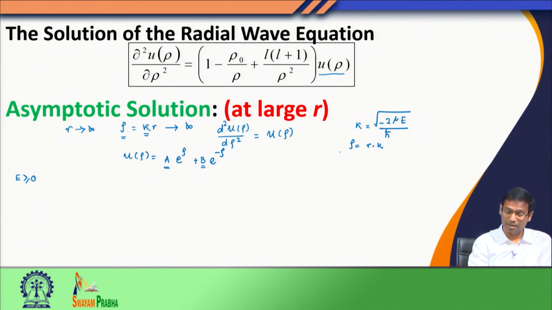So, when I look at this solution for E greater than or equal to 0, since E is positive and I have a minus 1 under the square root, this comes out as an imaginary root. So, I have